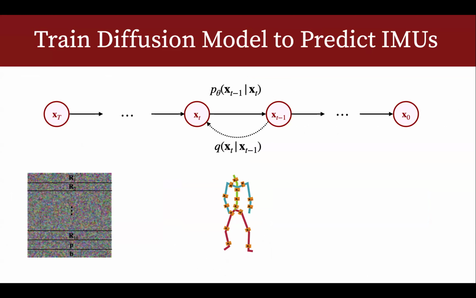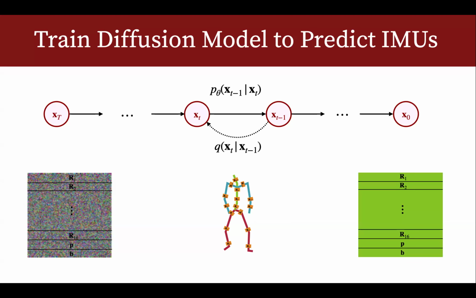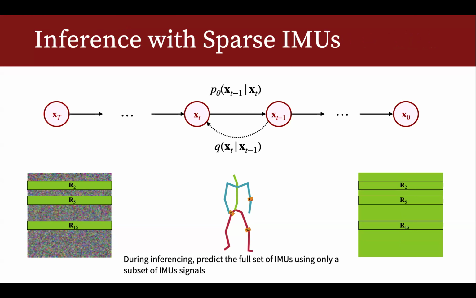At the beginning we think about this as an image. Every row here is one reading of the IMUs over time. Usually when you wear the full set of IMUs, you need to wear at least 16 or so. So we have 16 rows, or more than 16, because each row is a vector. During training, we have that kind of data: a dataset of a full set of IMUs, and then you train the diffusion model. During inference time, maybe for this particular experiment, you only have 3 IMUs available, and you put them on the knee, the elbows, the hip. It's your choice.